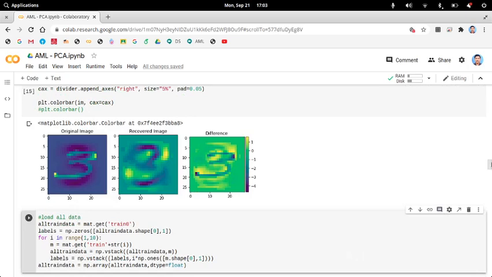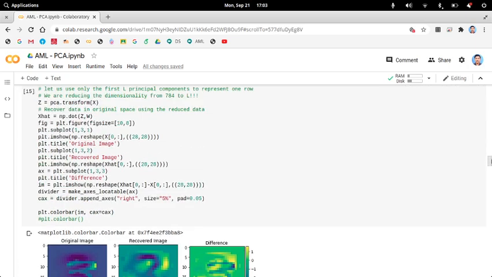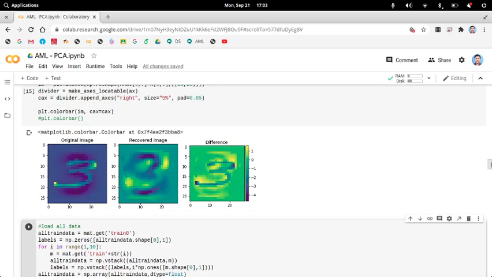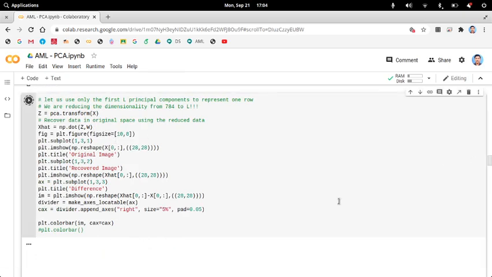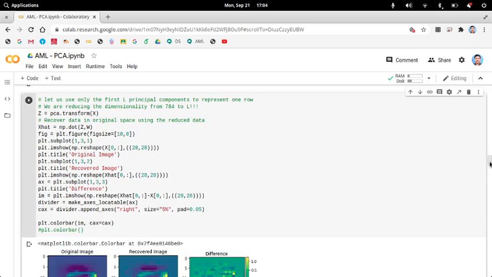So let's see the original image and the recovered image. This was our original image, and this is the image recovered using only 10 components. Previously I was using only 10 components. Now let's see if you run this with 120 components.